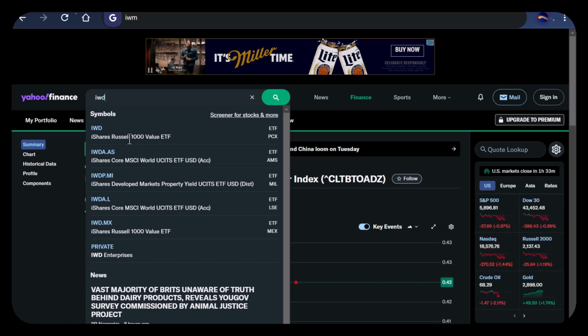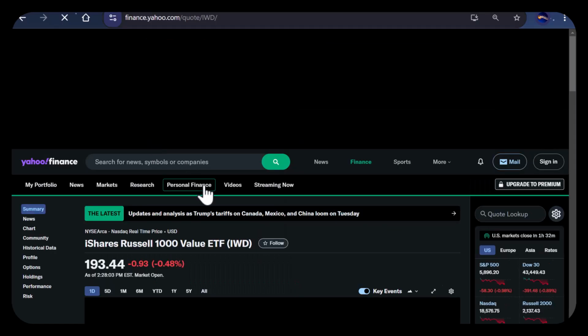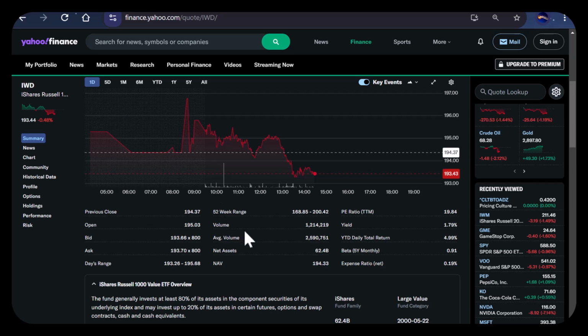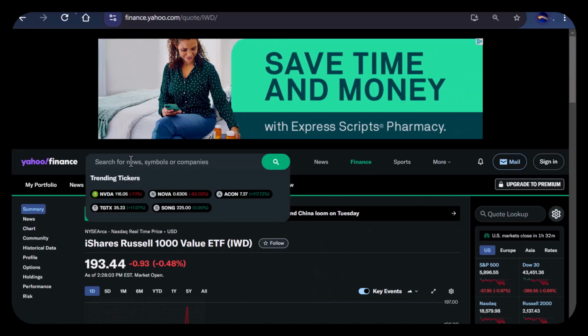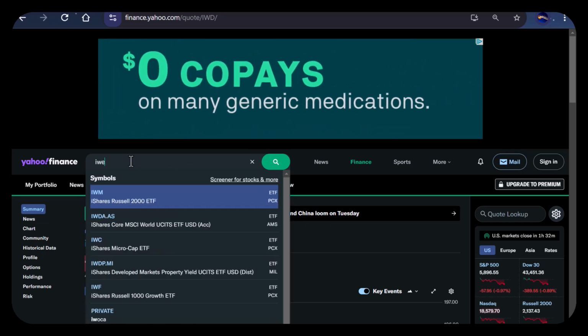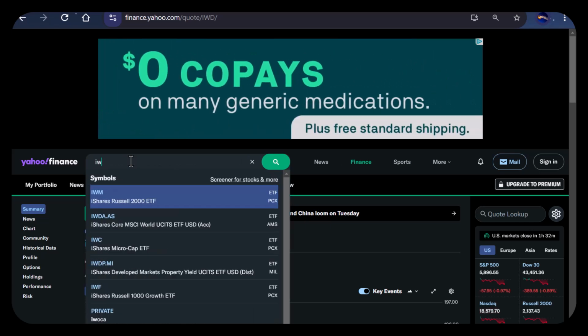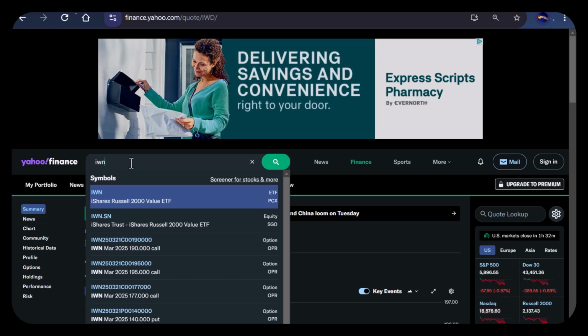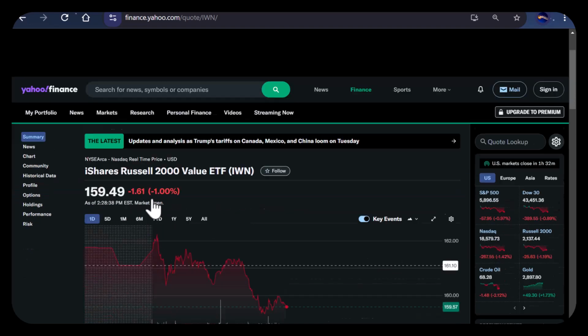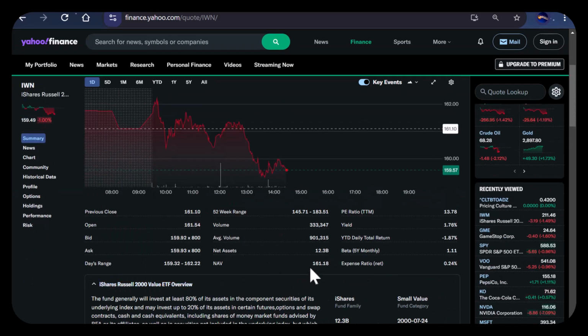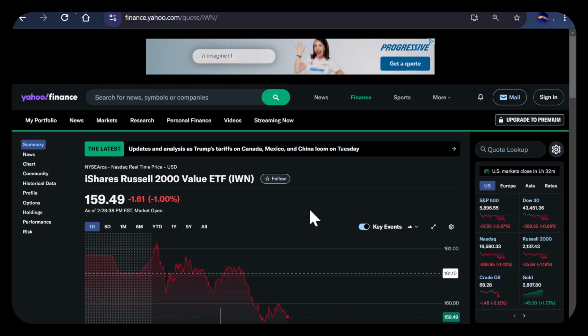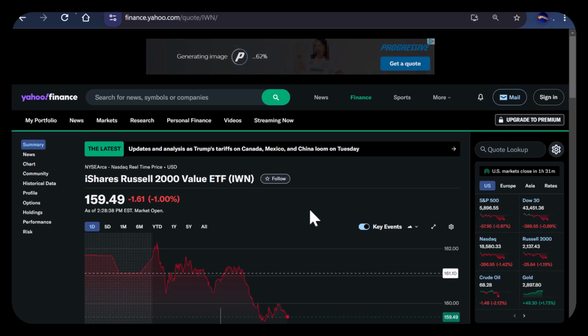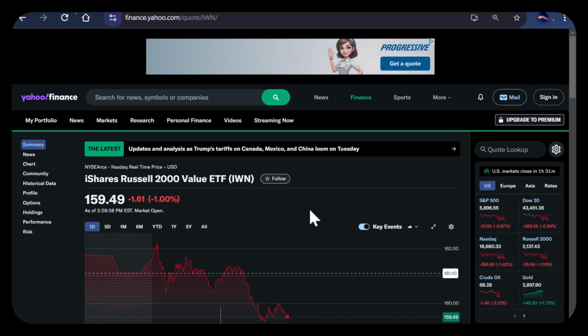It's Russell 1000 value. That means largest stocks that are value stocks. 200 billion invested in those. This is Russell 2000 value, 161. There isn't too much difference between them. So the market doesn't say you should go ahead and do that.